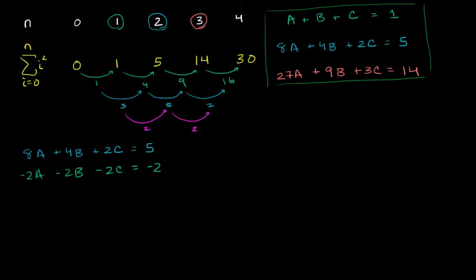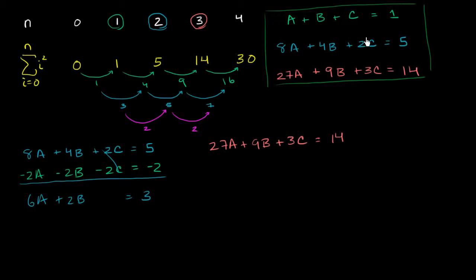And then if I add the left-hand sides and the right-hand sides, on the left-hand side I get 6A plus 2B, these cancel out, is equal to 3. And then the other constraint I could use is this orange one and the green to get the C's to cancel out here. So I have 27A plus 9B plus 3C is equal to